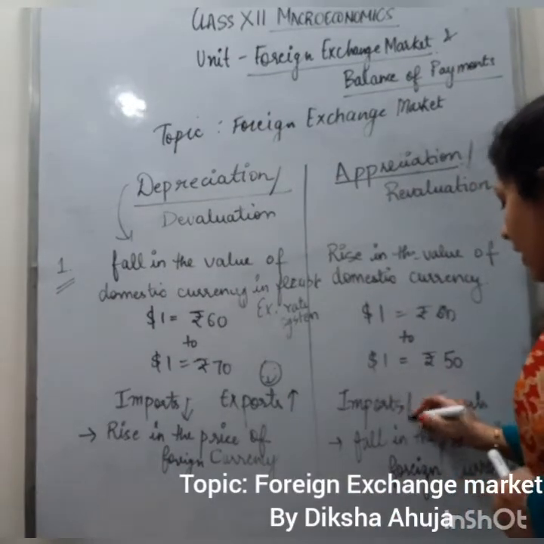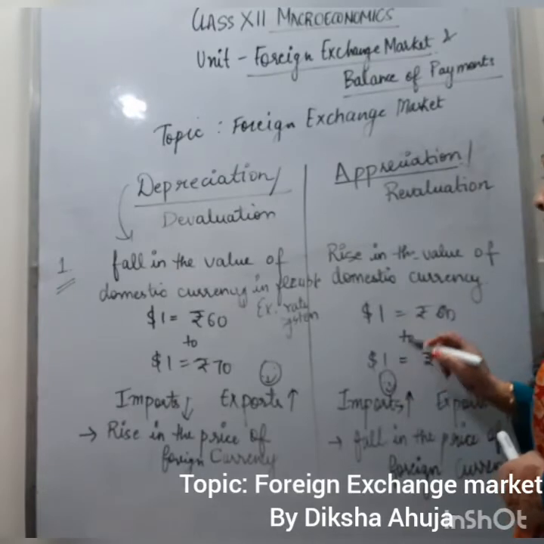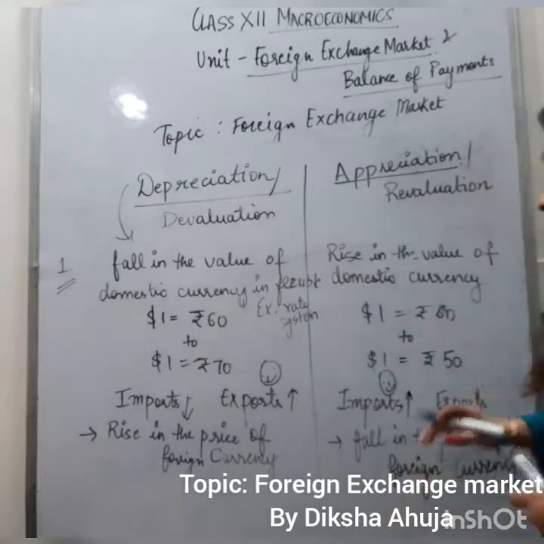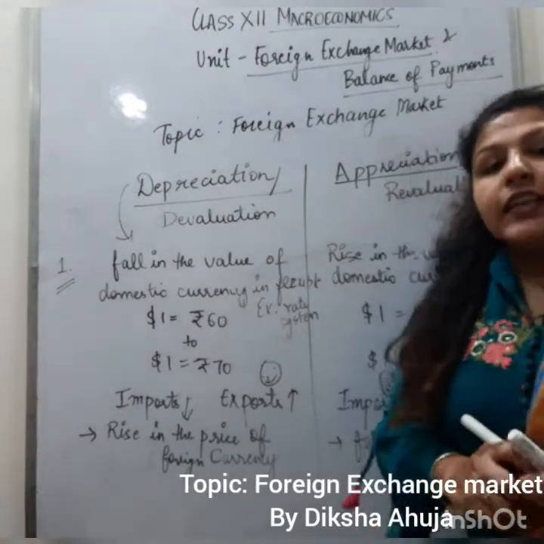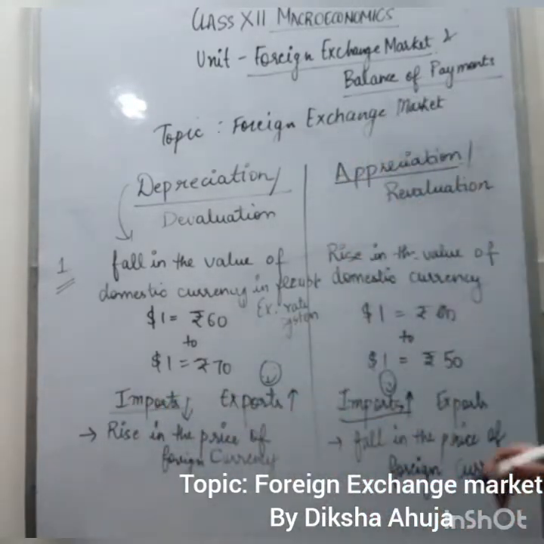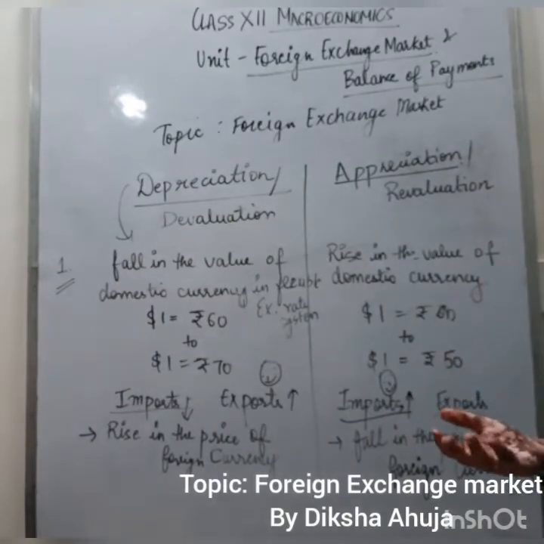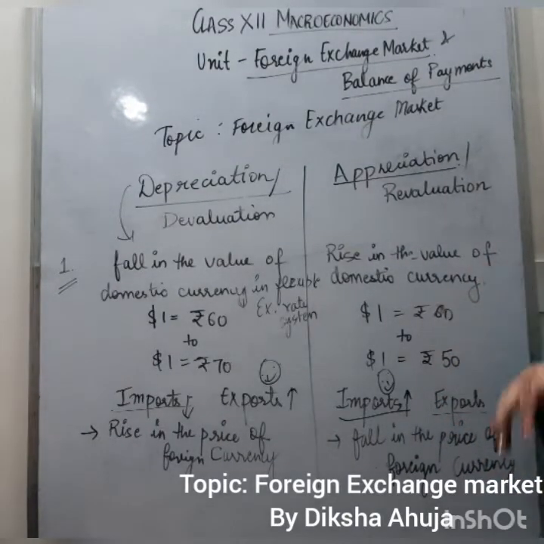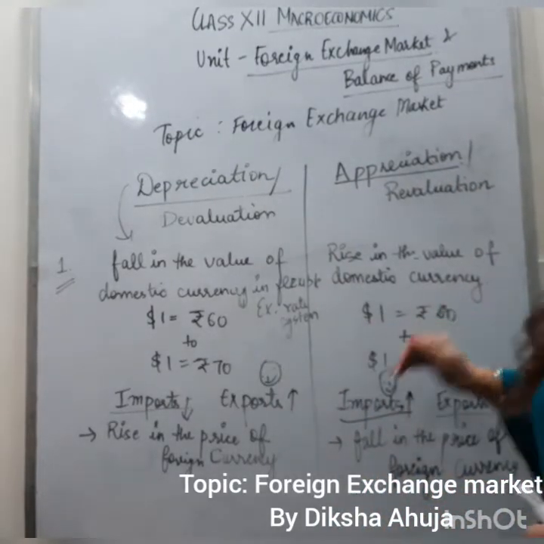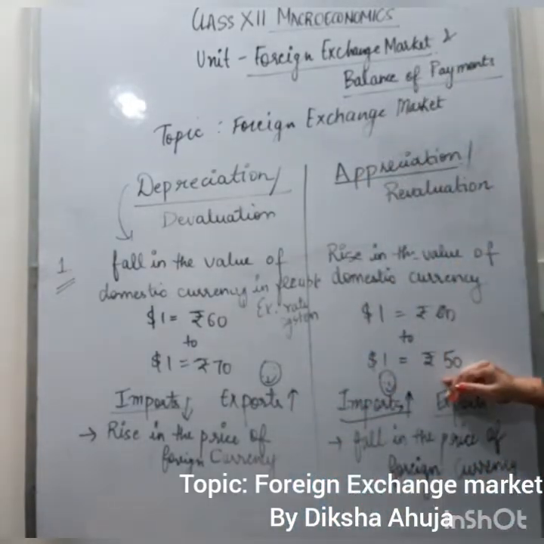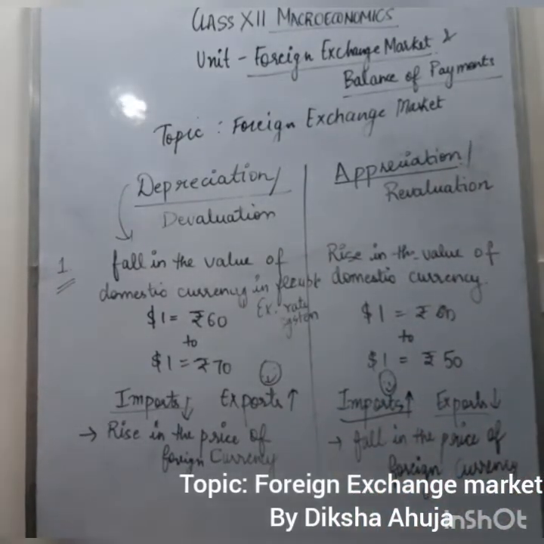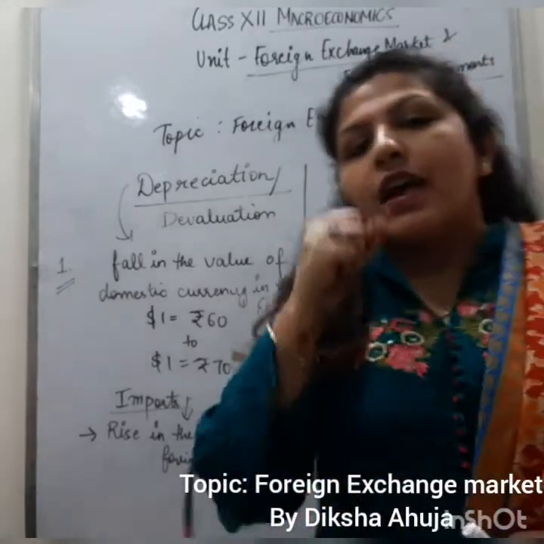So imports will rise in this case because the Indian consumer is happy. Earlier I was paying 60 rupees to get that $1 toffee. Now I'm paying only 50 rupees to get that $1 toffee. Imports will increase because we demand dollars for imports. What do you mean by exports? When we are providing goods to other countries and getting the dollars. So now for the US consumer it is a bad thing. Why so? Because earlier they were paying $1 and getting goods worth rupees 60. Now by paying the same $1 they're getting goods worth rupees 50. That's bad for them. That's not happy for them. So they will decrease our exports. This is the difference between depreciation and appreciation.